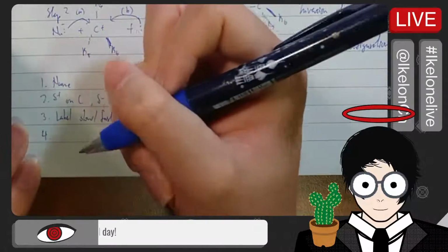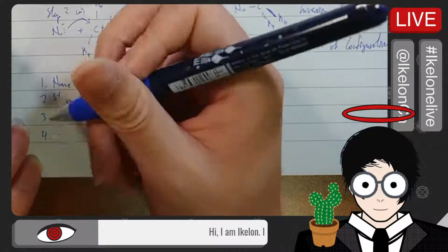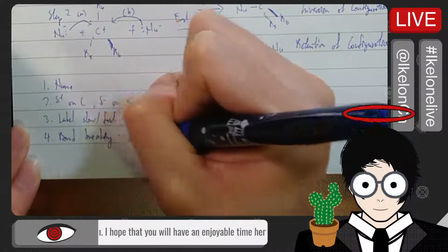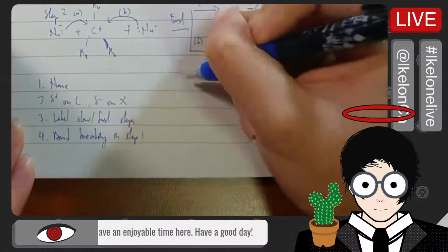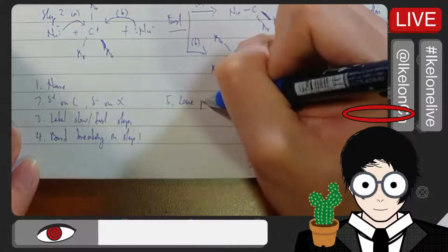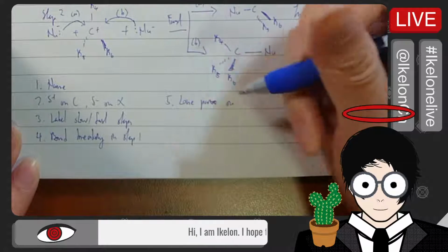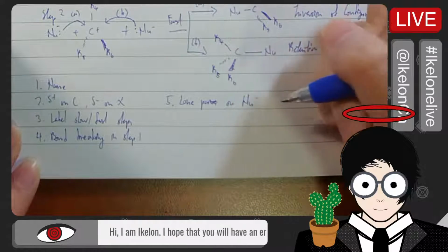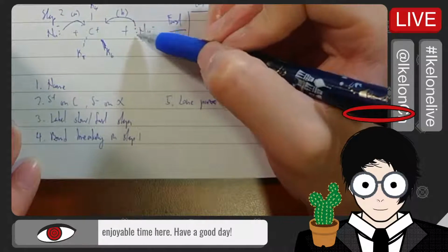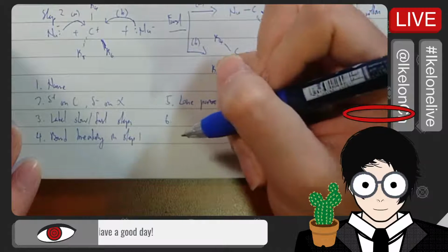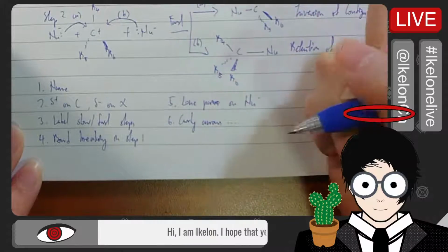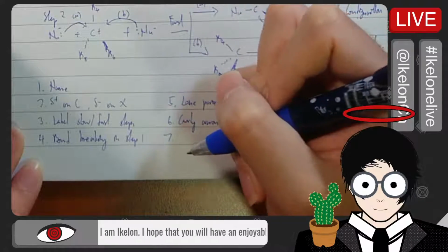Number 4 would be bond breaking in step 1. Number 5 would be lone pair of electrons. Just lone pair. I think it's just the one. So you see your nucleophile, the lone pair, these 2 dots, these 2 dots. Number 6 would be curly arrows to show the flow of electrons, like just now. Number 7 would be